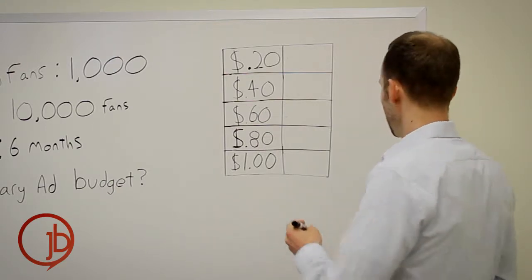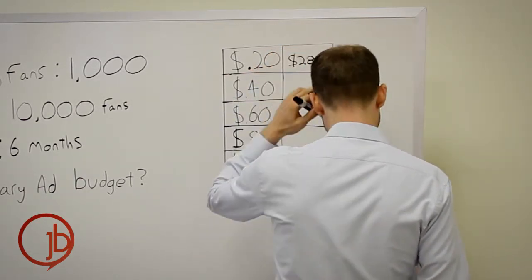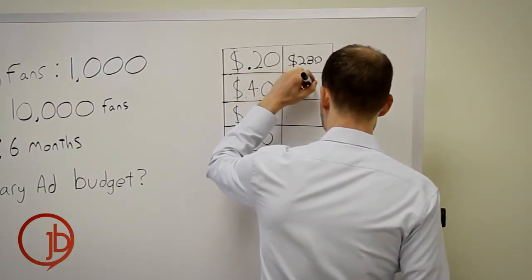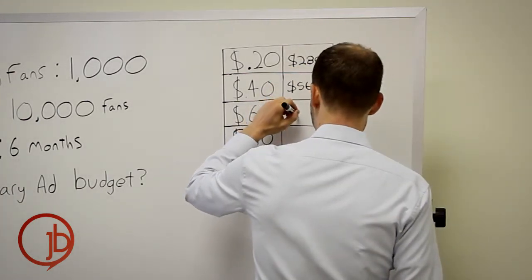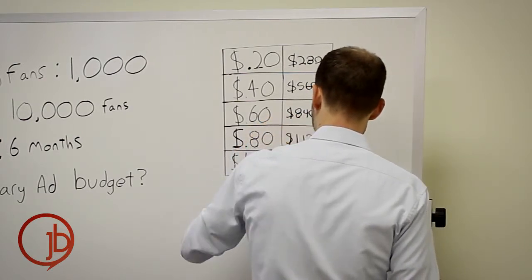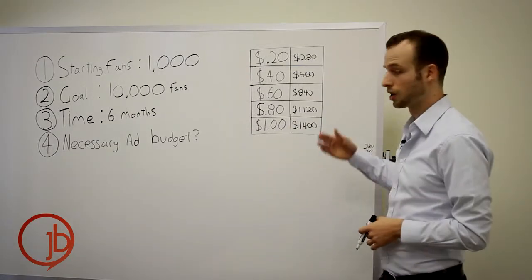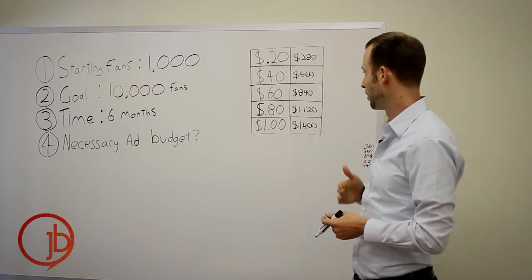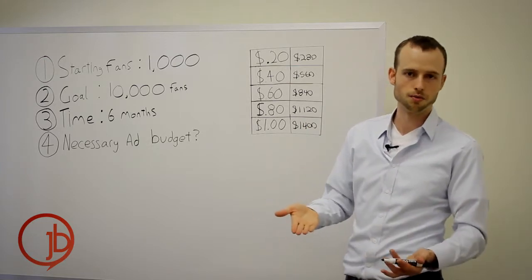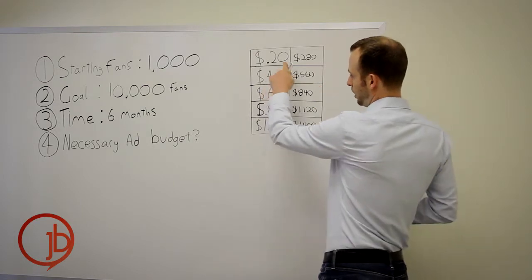So for 20 cents, the budget would need to be $280 per month. For 40 cents, it would need to be $560. 60 cents would be $840. 80 would be $1,120, and $1 would be $1,400. So as you can see, it would cost 1/5 as much money if the fans were coming in at 20 cents a piece as it would if they were $1 a piece, when it would cost $1 per fan or $1,400 per month. So in our experience, you typically find a range somewhere in between